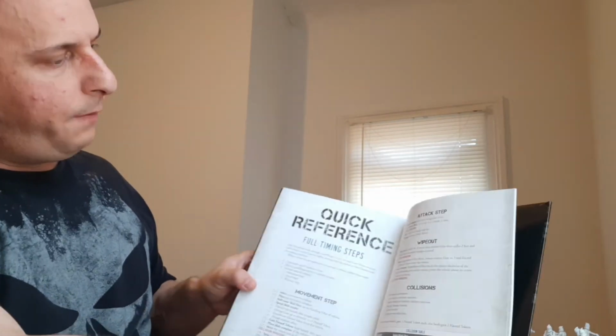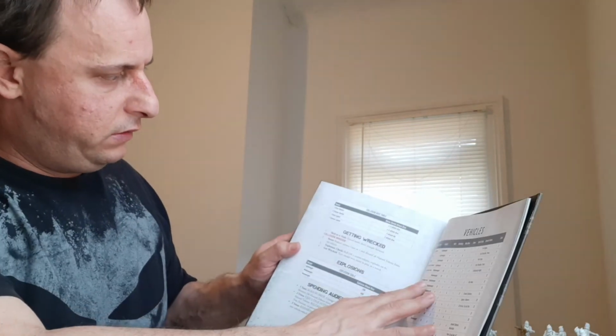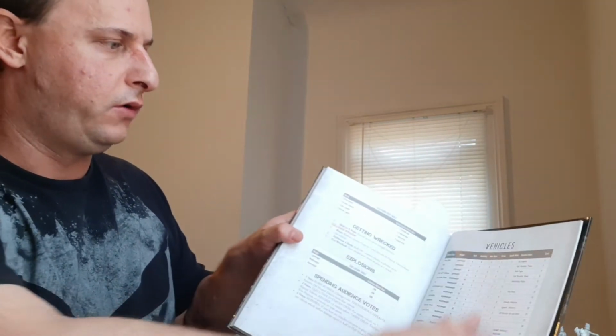You can download a 1-page quick reference like this, and then it also comes with the quick references for the vehicles. It's actually like a 3-page, because one is dedicated to the vehicles, one is dedicated to the weapons and upgrades, and one is dedicated to the quick reference to take you through each gear phase. This game is played in rounds with 6 gear phases. We'll go into that in another video,